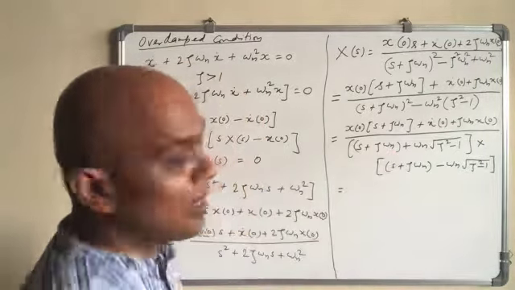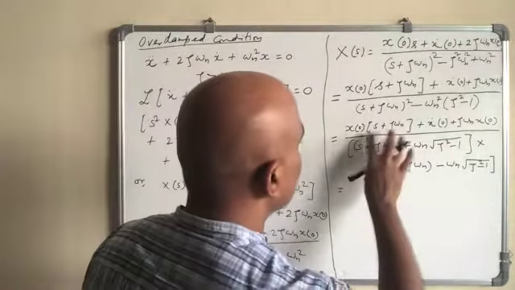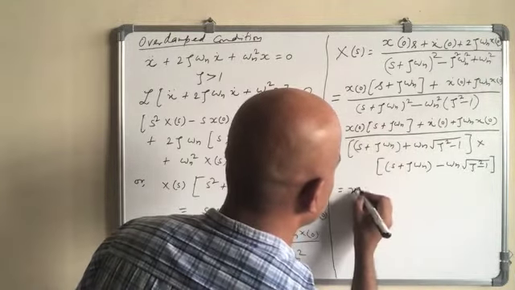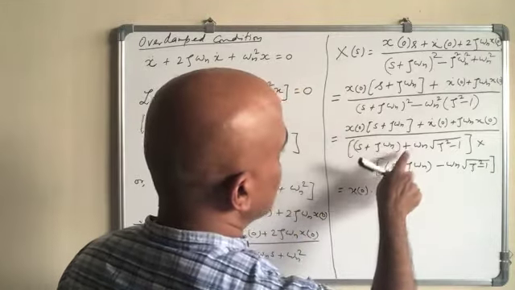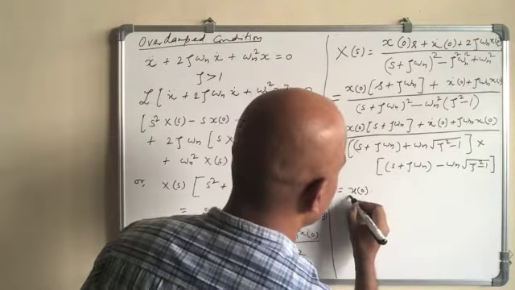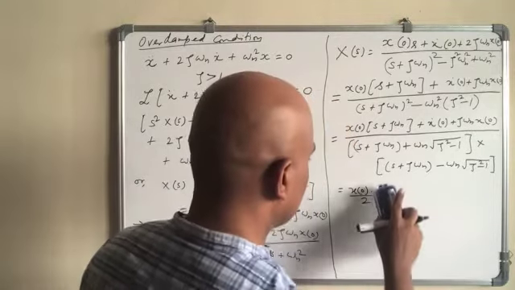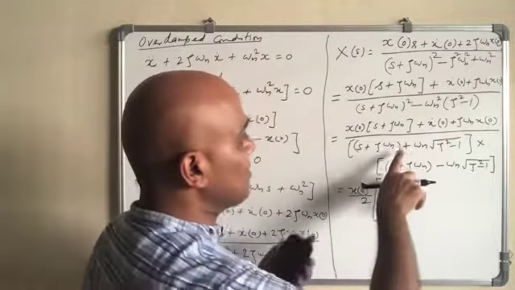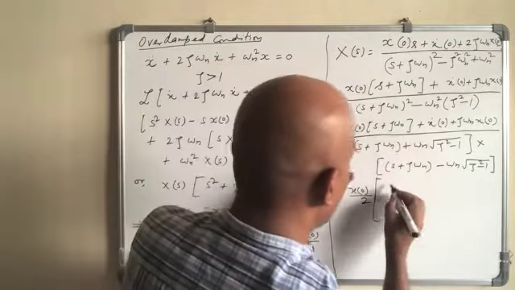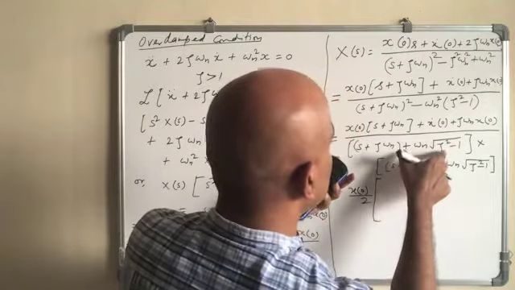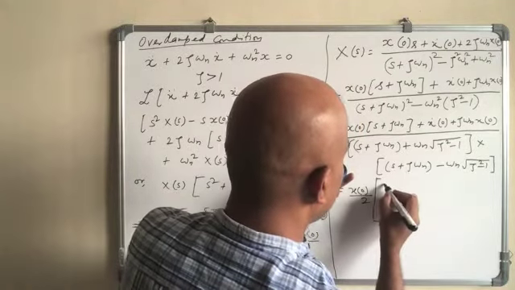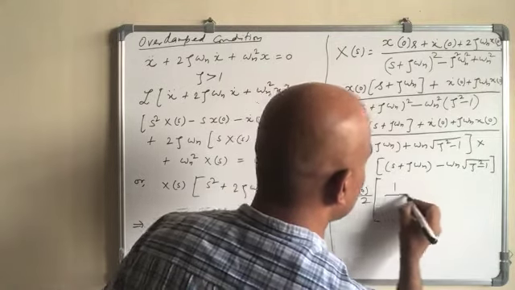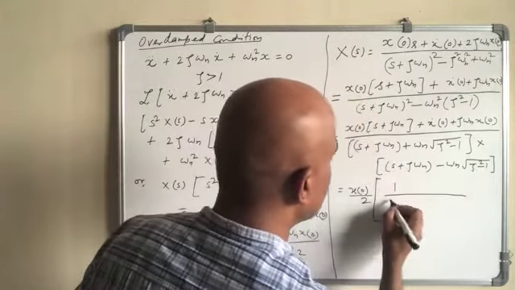So we can write the first term as x0, then you have 2 of them, so we write divided by 2, and now we can separate it out. We can write 1 divided by s